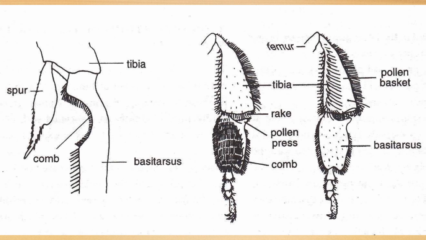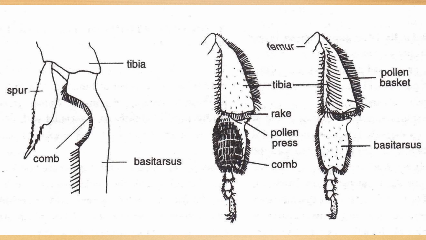And this is the hind leg. Both surfaces of the hind leg can be seen. In the tibia there is a depression or groove on the inner surface of the leg, in which the pollen is stored temporarily, called the pollen basket. On the outer side of the leg, the basitarsus, the first segment of the tarsus, is enlarged and has brush-like structures arranged one after the other, a comb-like structure,